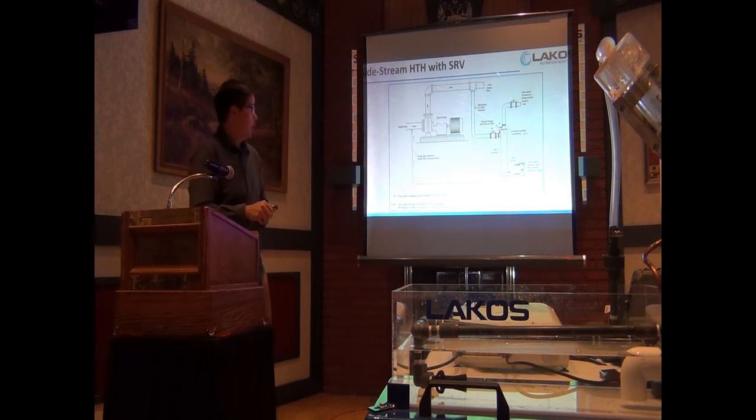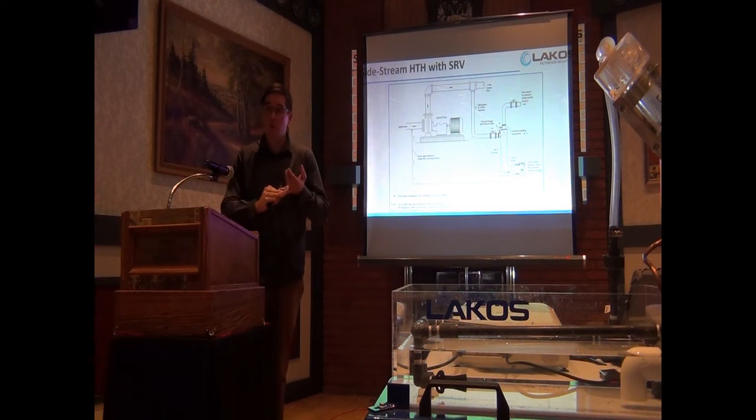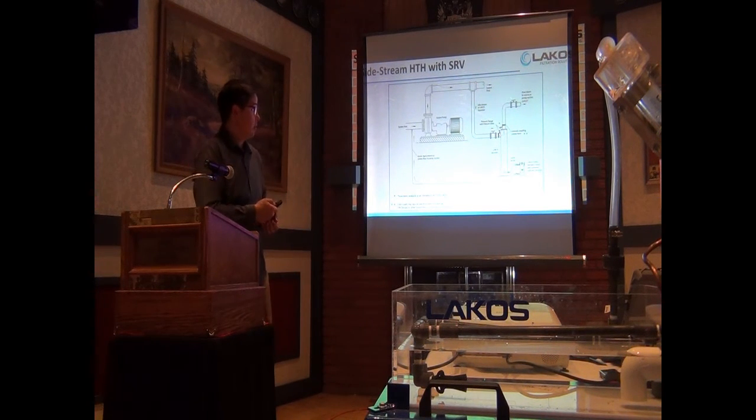This is a side stream, so here we're diverting a portion of the flow, and in this type of system, we recommend having it downstream of your system pump, so that we've got a positive pressure to push that liquid down into the filtration unit, and it'll go back up and return to either a cooling tower or back to source, so that you're not losing any